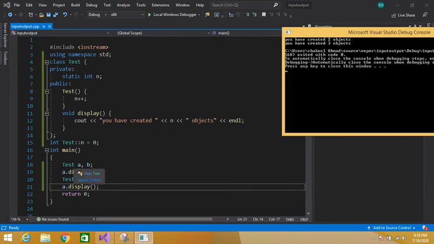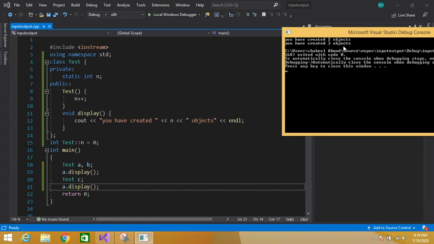First I have created two objects. Then I have called my display function, so it has printed two objects. And then I have created another object, and again I have called the display function. So now it has printed, you have created three objects.